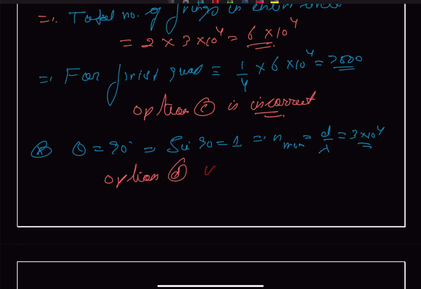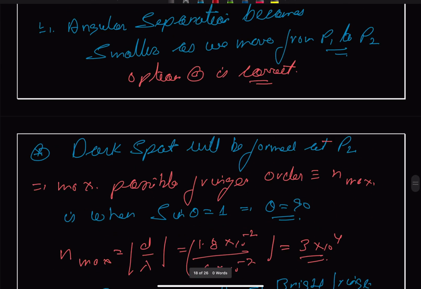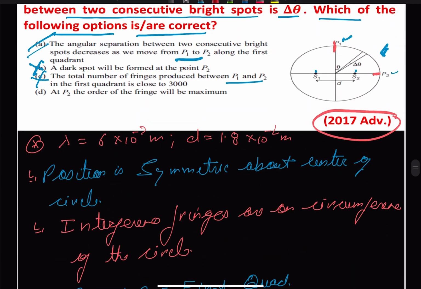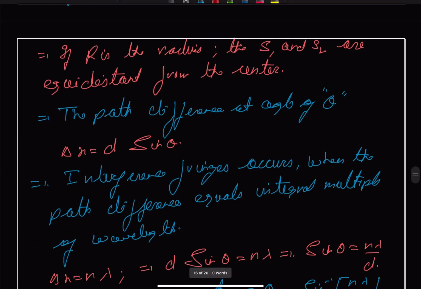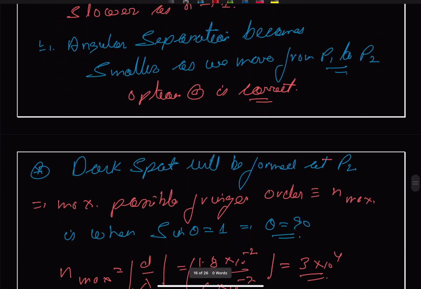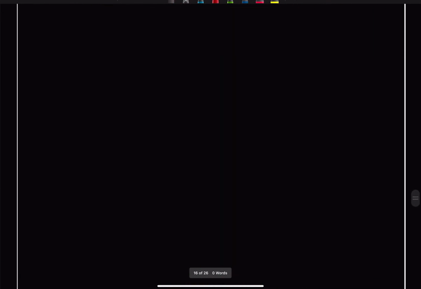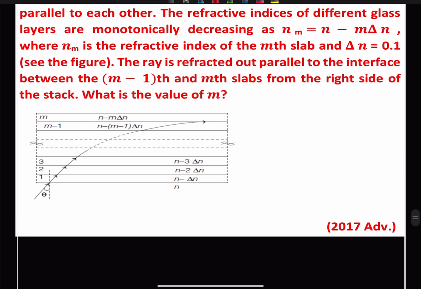Option D is correct. So we have two options, A and D, which are the only options which are correct. Next question. And here it is said that